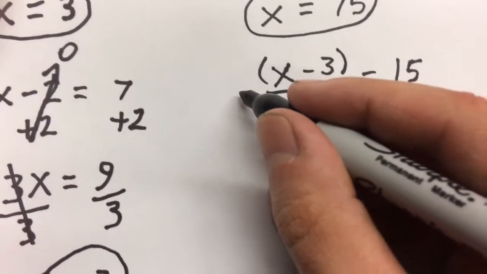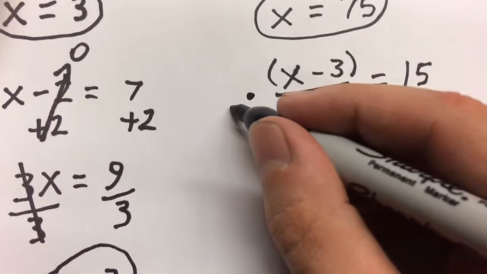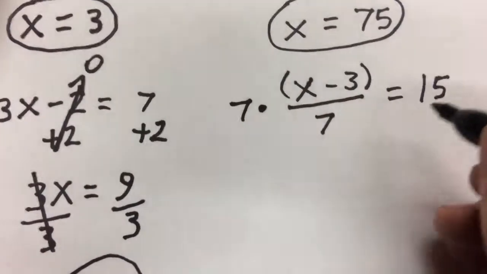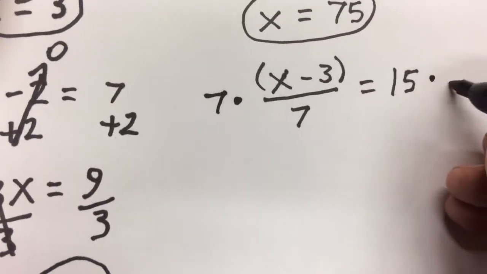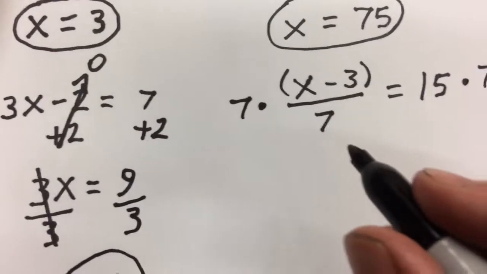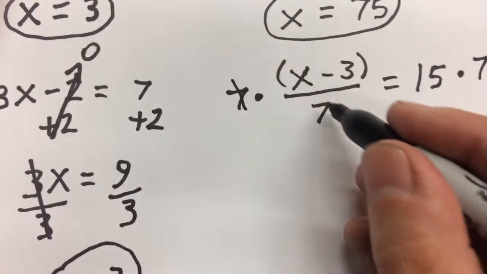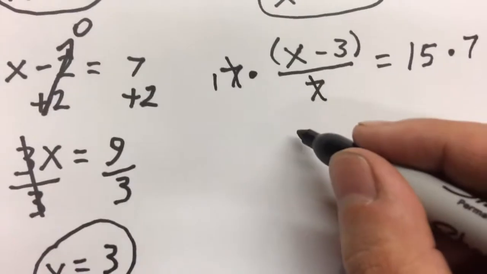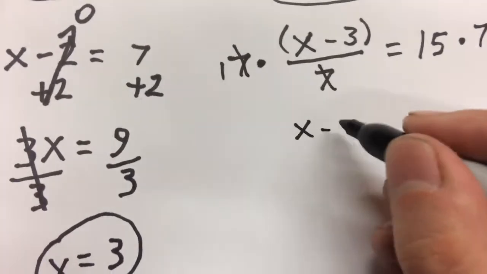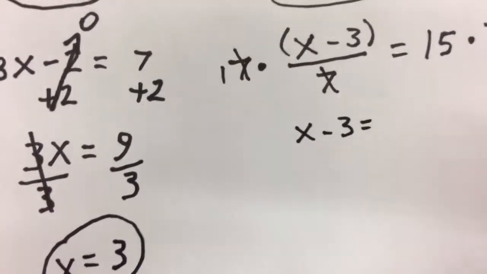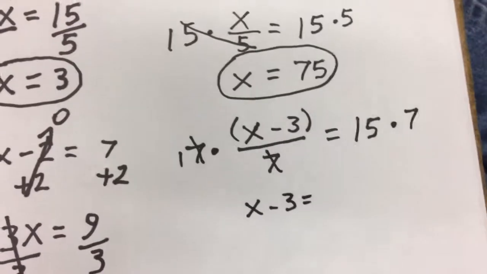So to undo the 7, we're going to multiply this side by 7, and multiply this side by 7. 7 divided by 7 is equal to 1, so we end up with x minus 3 is equal to 15